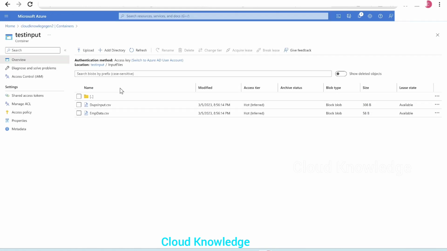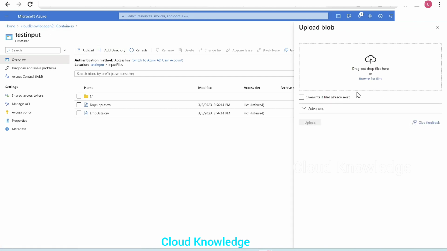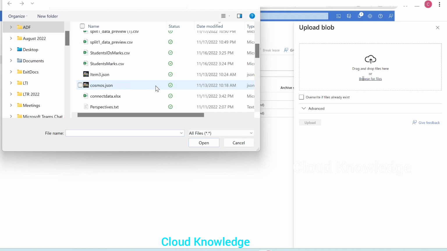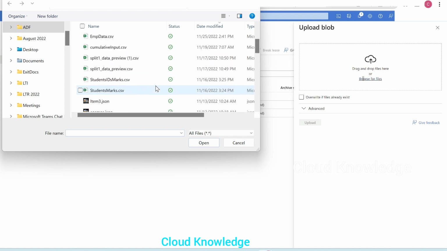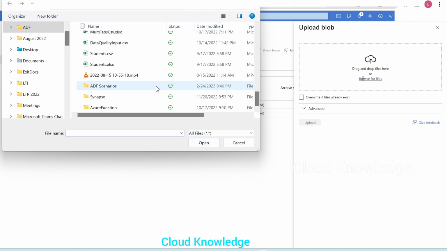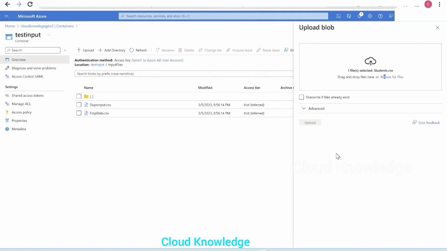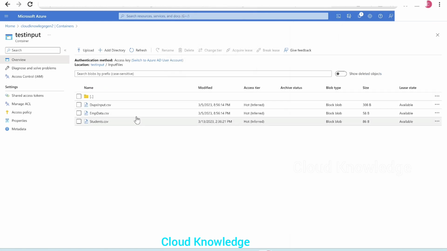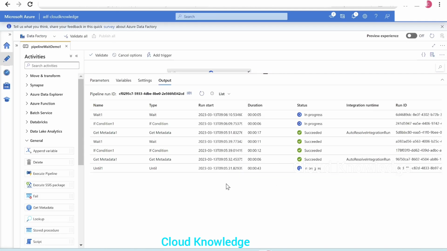In the meantime, we'll quickly go here in the test input folder and upload the file named students.csv. So it's inside here, students. So it's present here as students.csv, and we'll upload this file. So the file is uploaded. You can see here successfully at the input folder location, and here it has already performed twice the loop,